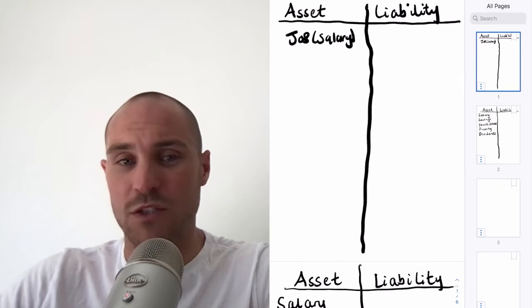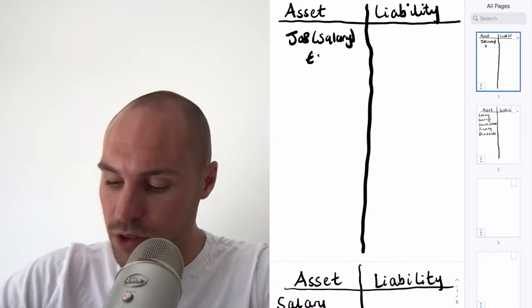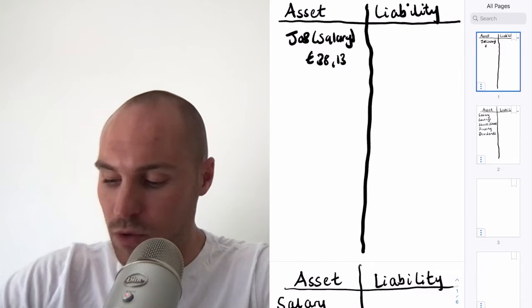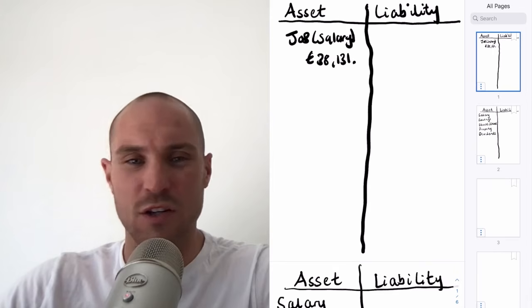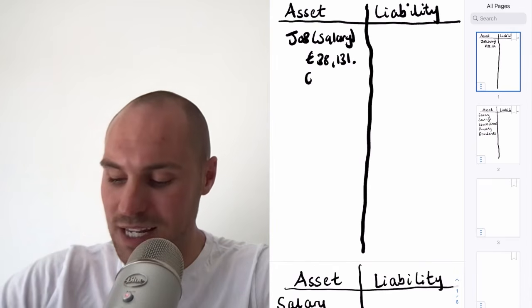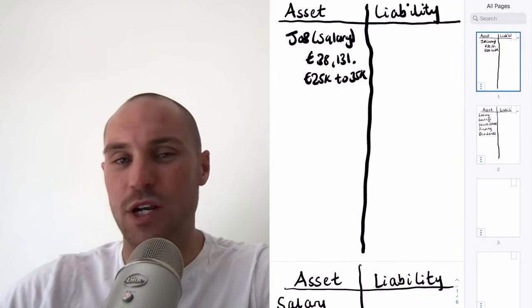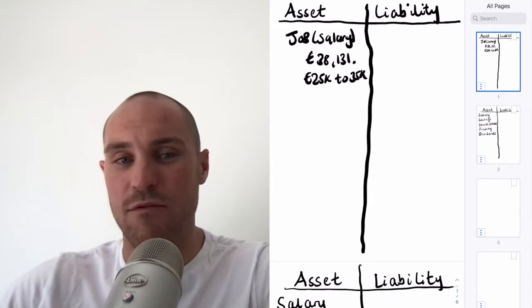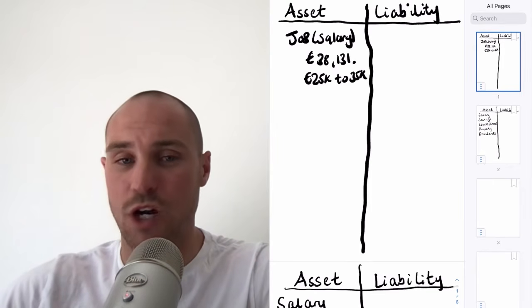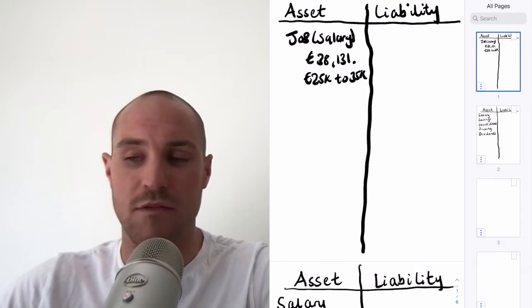Now, the Office for National Statistics said that the average income was £38,131 across the UK. Personally, I think that's a little bit high, and other sources said anywhere between 25k to 35k. So if we take the median, around 30 to 31k, I think that's probably the most accurate figure of the average salary in the UK right now. So our job is our biggest asset if we don't have any other investments in our life,